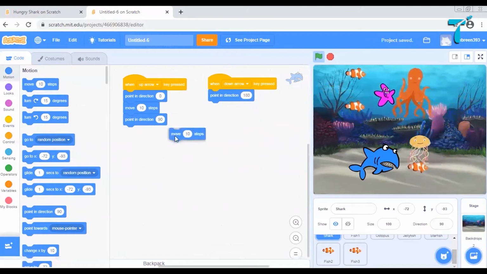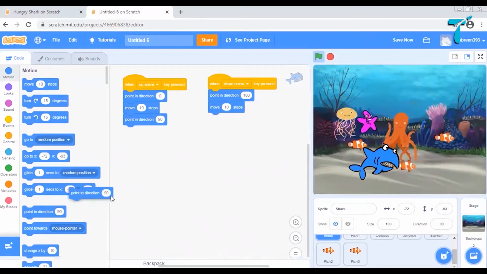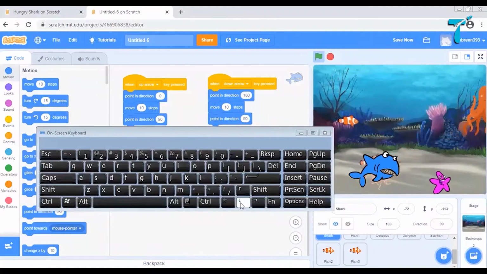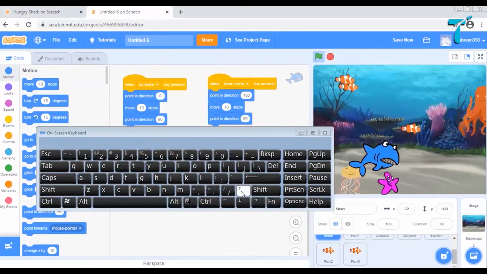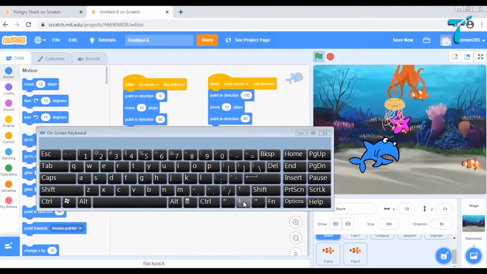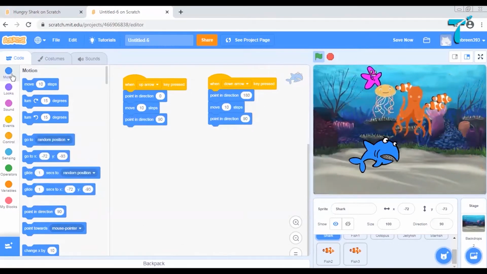It should move few steps and keep pointing in direction 90 degree so that it does not change the orientation. Okay, so let us check if down arrow key is also working. Yes, up arrow and down arrow. That is perfect. Let us go for left and right arrow keys as well.